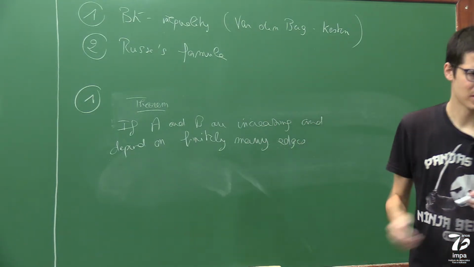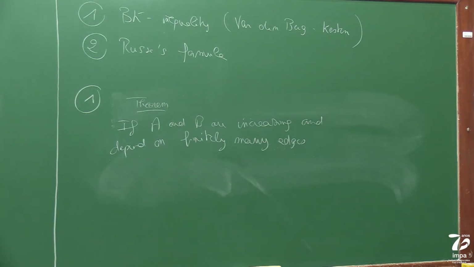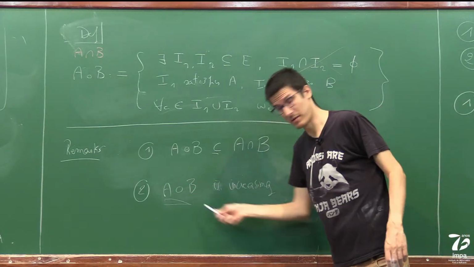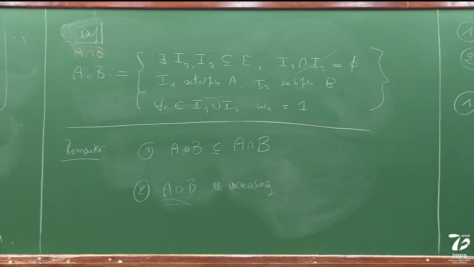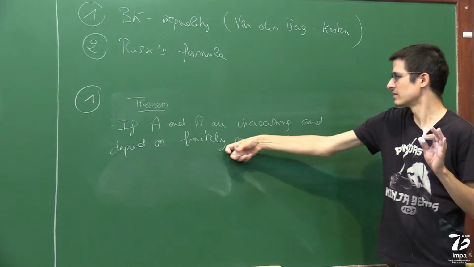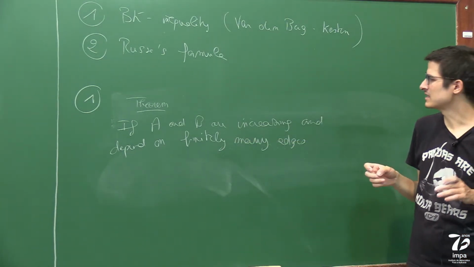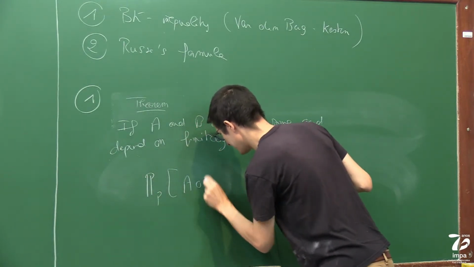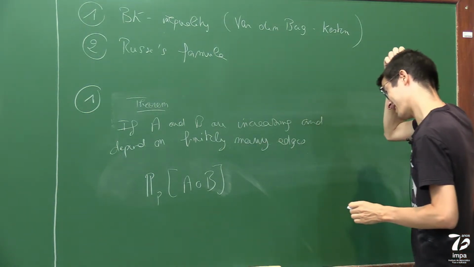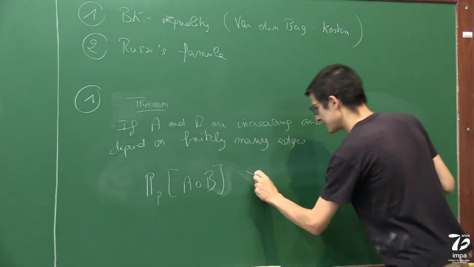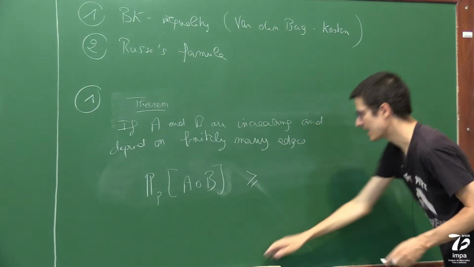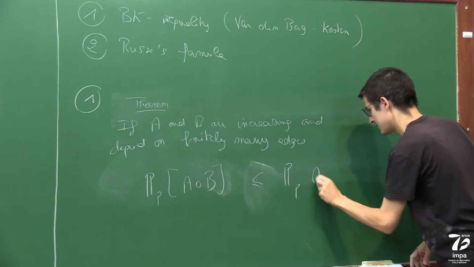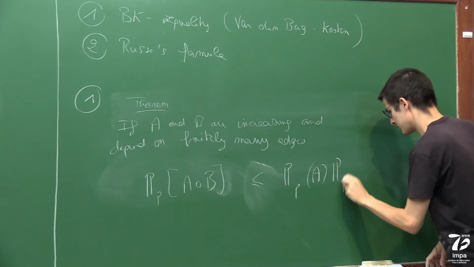And this time it's important because the way to take the limit with this kind of operation on events is not obvious. So we will restrict ourselves to apply it to events that depend really on finitely many edges. What we have is that the probability of A and B being disjointly satisfied is smaller than the product of the probability.